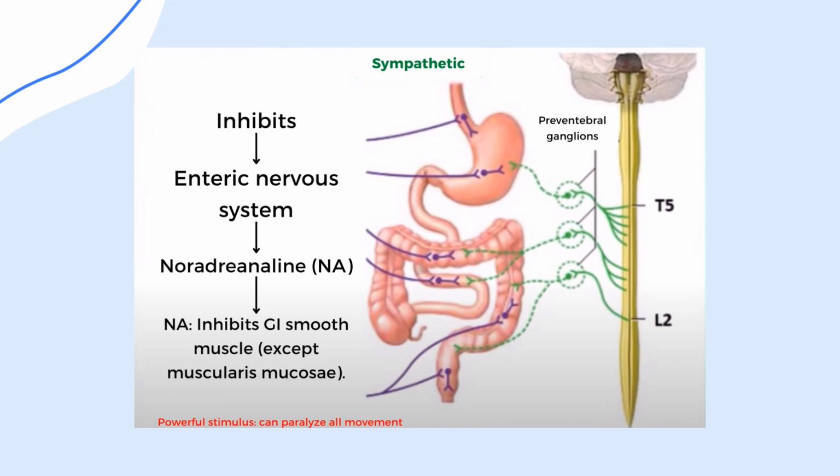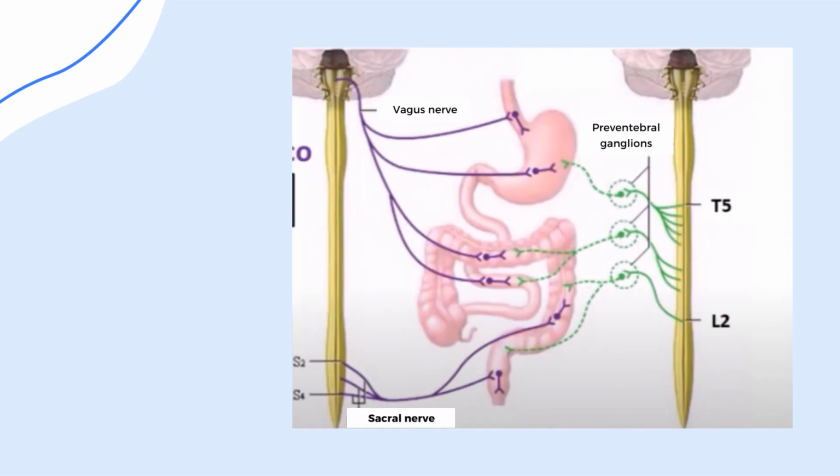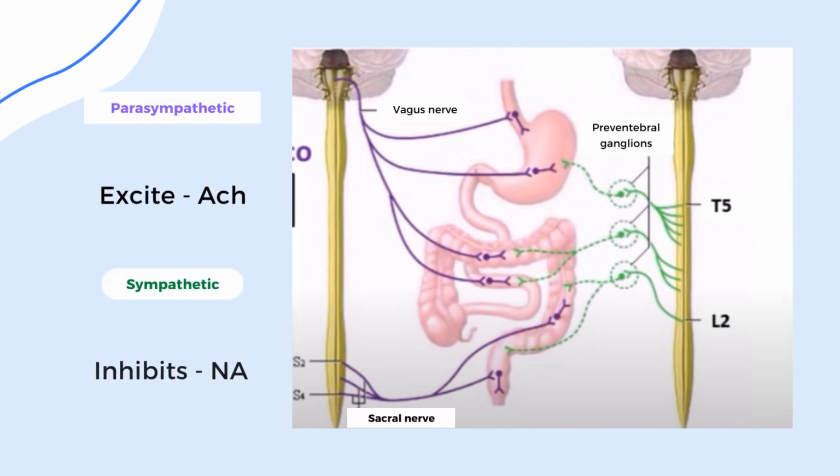But it is noradrenaline which inhibits practically all the gastrointestinal smooth muscle, except the muscularis mucosa, which practically does the opposite. It stimulates it, and a powerful stimulus can even paralyze all the gastrointestinal movement, that is to say, all the peristalsis. The parasympathetic releases acetylcholine and the sympathetic releases noradrenaline or norepinephrine, which is the same, and inhibits the entire